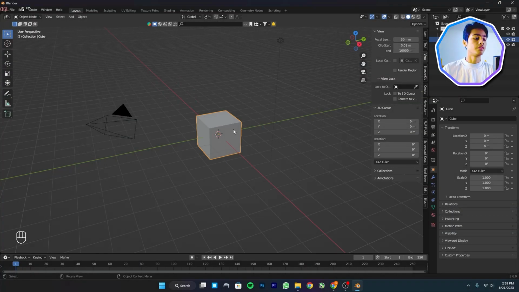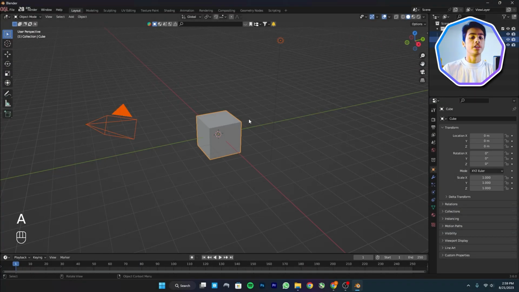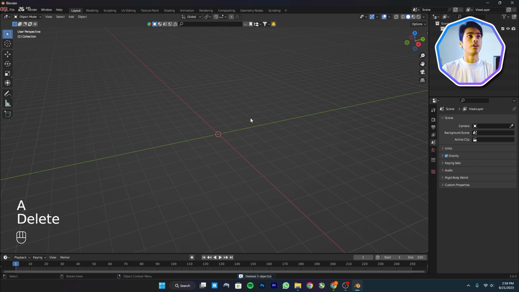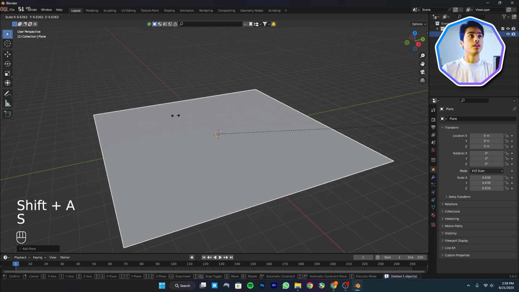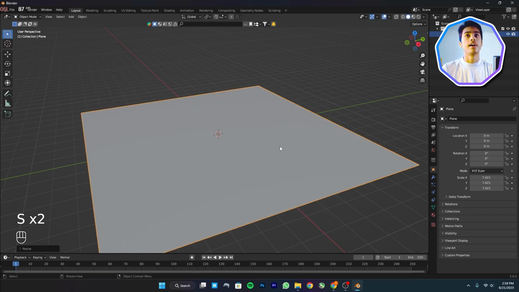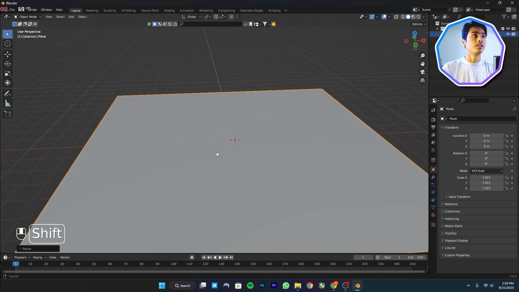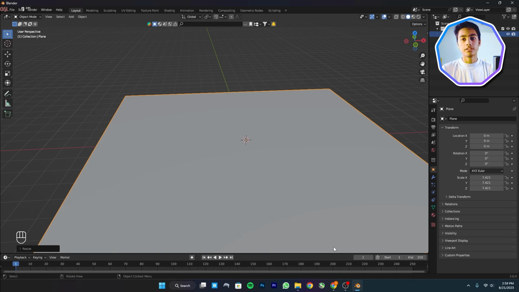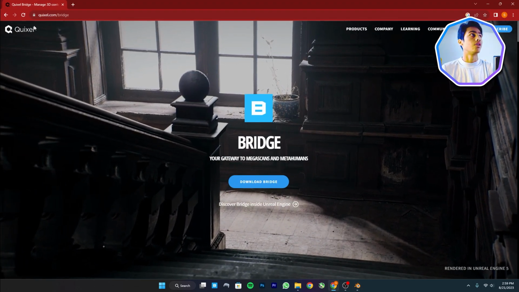So clear out everything from the scene, press A and delete everything. And now I'm gonna add a plane real quick, just kind of like that. And now I'm gonna add particle system to it, and you have to go to this website here called